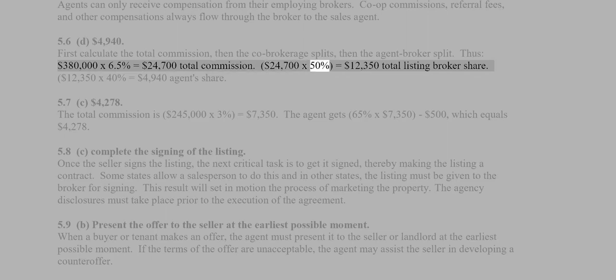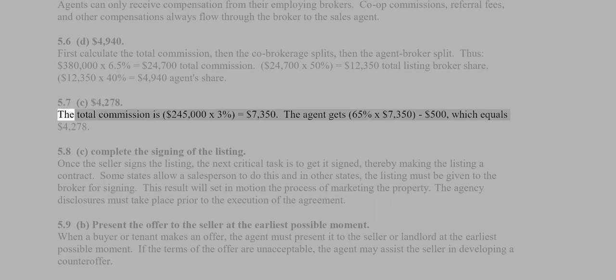$24,700 x 50% equals $12,350 total listing broker share. $12,350 x 40% equals $4,940 agent's share. 5.7 C. $4,278. The total commission is